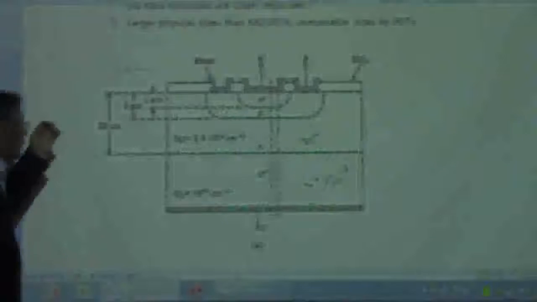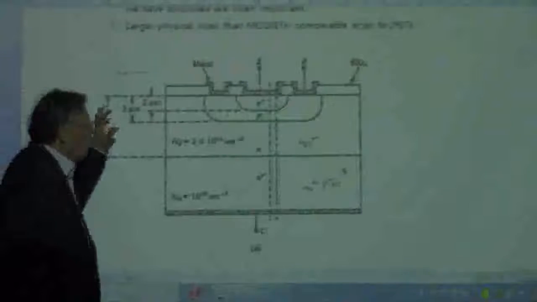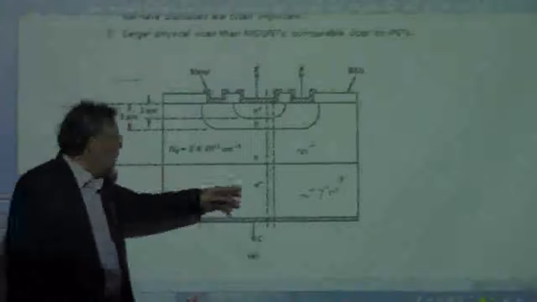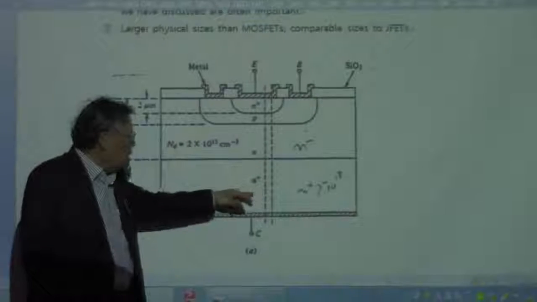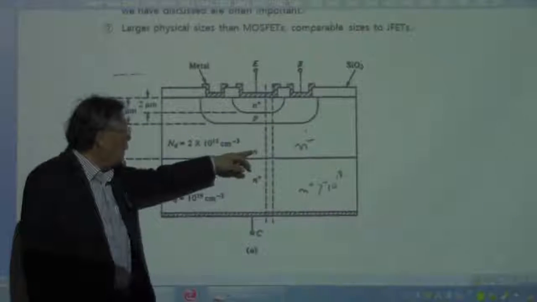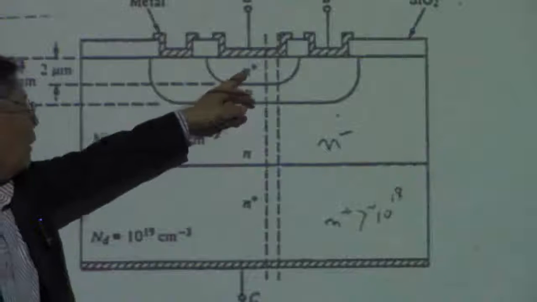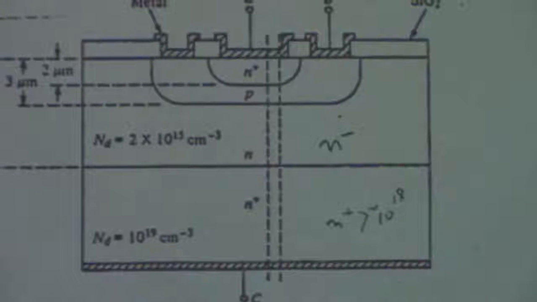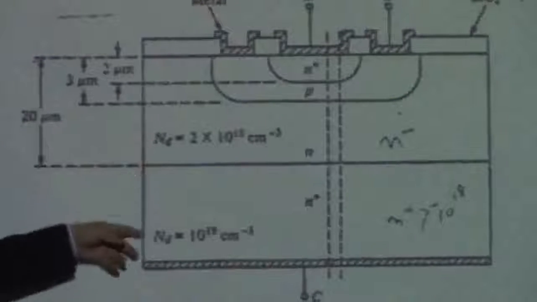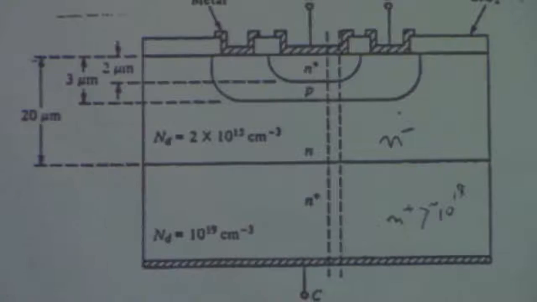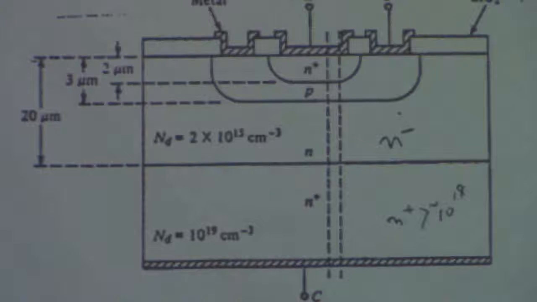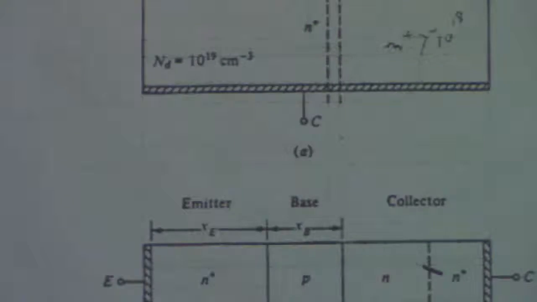So this is a cross-section of a typical bipolar transistor, and it has a buried layer, N plus, and N as a collector, P, and N plus as an emitter. Okay, this is a typical number for the doping level. And if you do